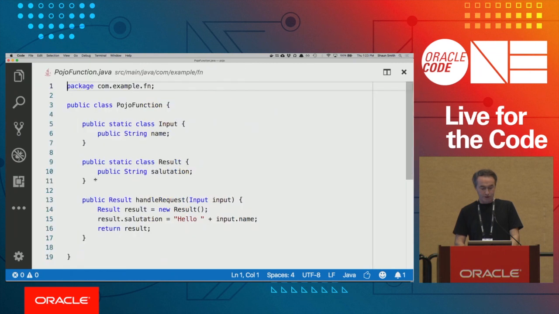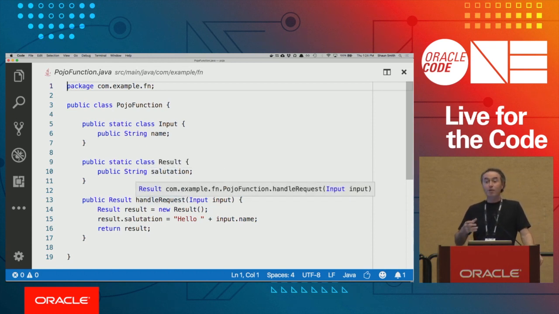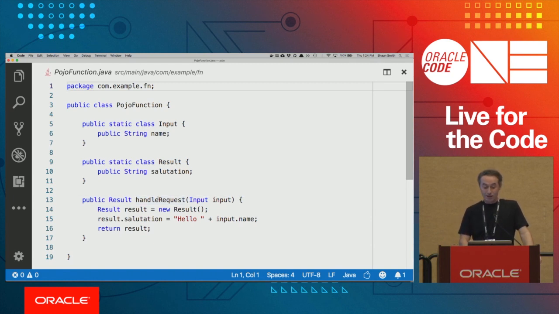Okay, so here's a little function. It's got a couple of static classes, an input class, these little POJOs, right? Input, output. So this function takes a POJO. And so by default, if our FDK sees that your function is going to take a POJO, it goes, okay, by default, we assume that you're going to pass in JSON. We're going to use Jackson to marshal it into that object for you. We'll call your function. We'll take the result POJO. We'll then use Jackson to unmarshal it and send the JSON back out. It's very defaulty, intelligent default.